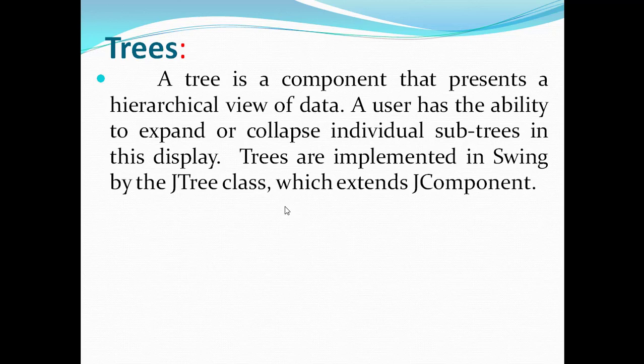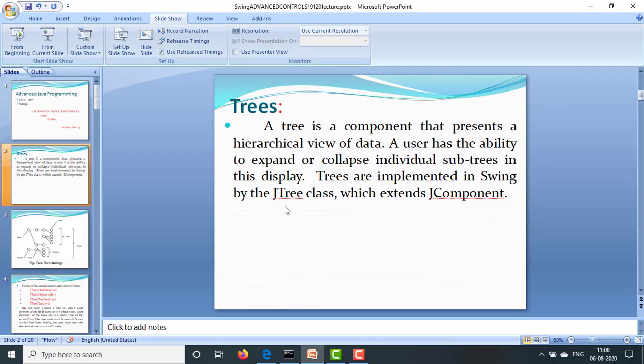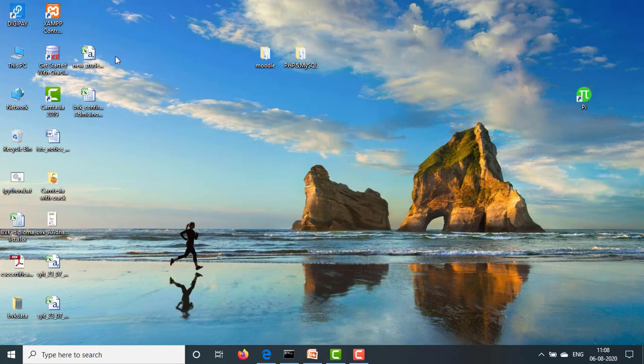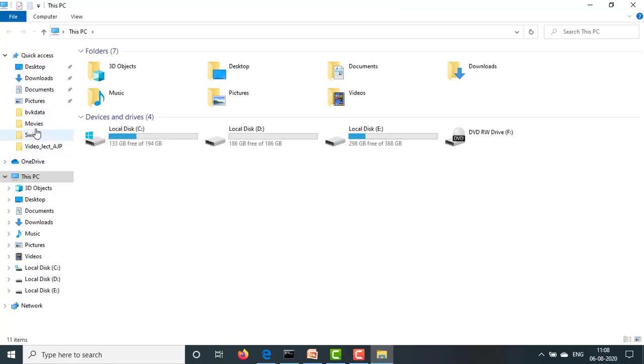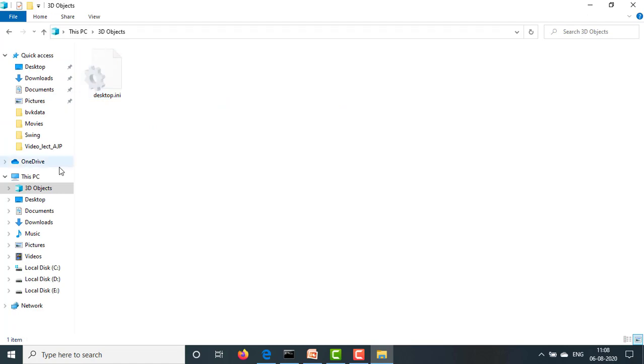For example, we can see tree components in our computer system. Whenever we are opening any documents or My Computer, here we can see the folders or objects. This design is called a tree, nested, and you can click on this.